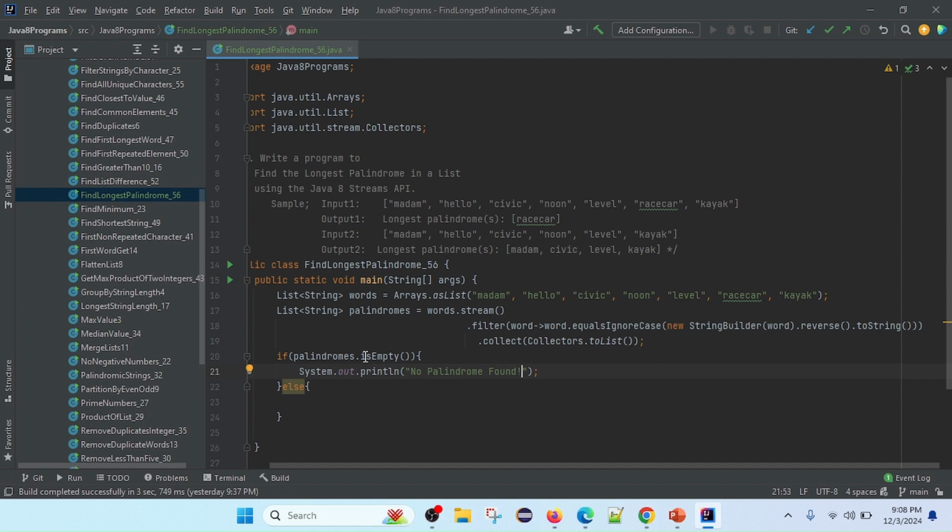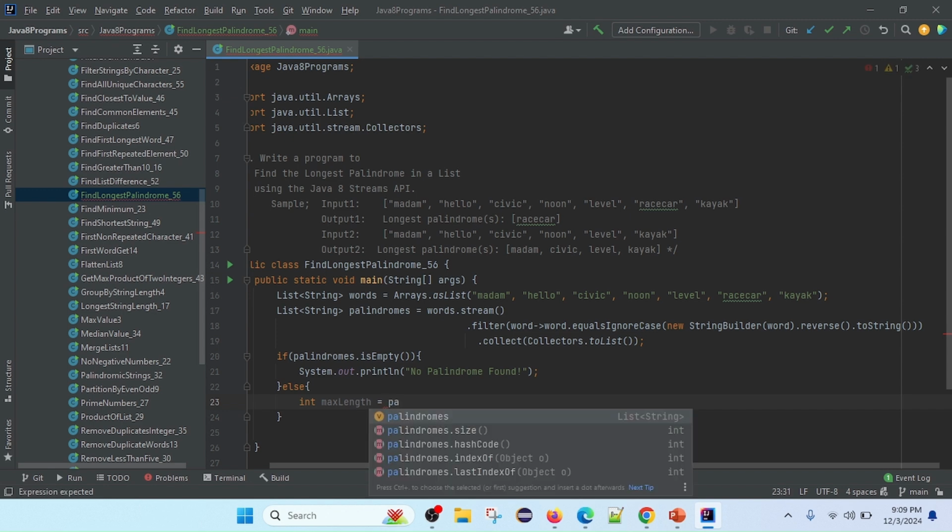If the condition is false, it means the list contains palindromes, so the else part will execute. In this else part we need to check their length, so that we get the longest palindrome. Firstly we will declare an integer, and I will keep it as maxLength. So here we will use palindromes.stream